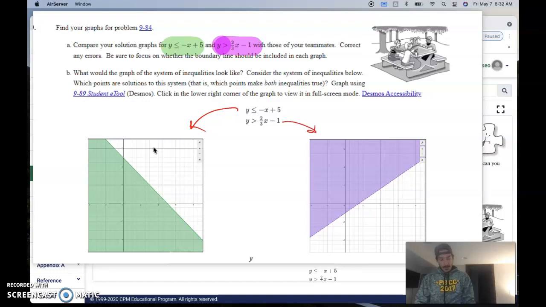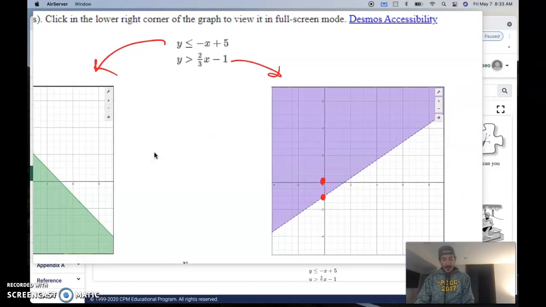I've got an intercept of 5. I've got a negative slope. I went ahead and tested a point. This turned out to be true, so I shaded this direction. I have an intercept of -1, a slope of up 2 and over 3. This point when I tested turned out to be true, so I shaded that direction, right? Had the help of Desmos to do some graphing. The one difference, of course, is the greater than symbol right here, which, recall, means that this is a dashed line,